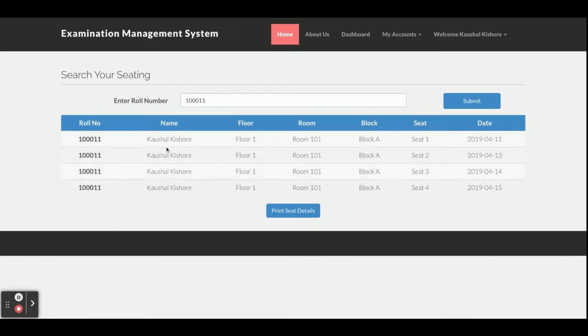This is the roll number, this is the student name, this is the floor, this is the room number, this is the block, and this is the seat number. On this seat, the student will sit on this date. So this is the student seat assignment, and this assignment has been done by the admin.